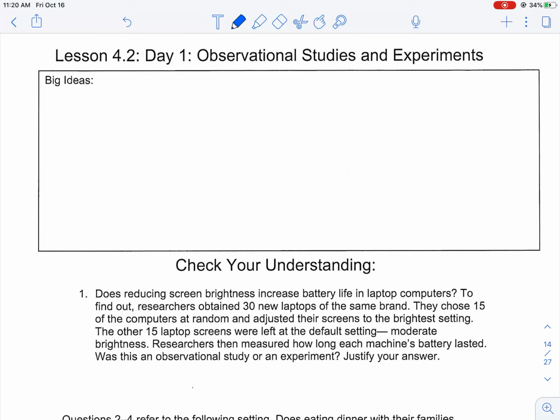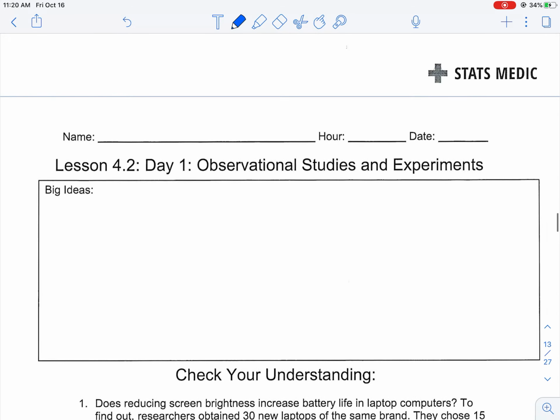Welcome back. Today we're going to talk about the difference between observational studies and experiments. Big ideas from this. Observational studies